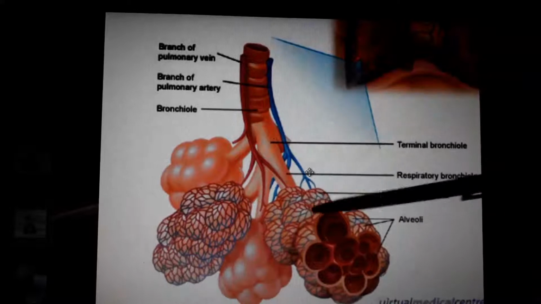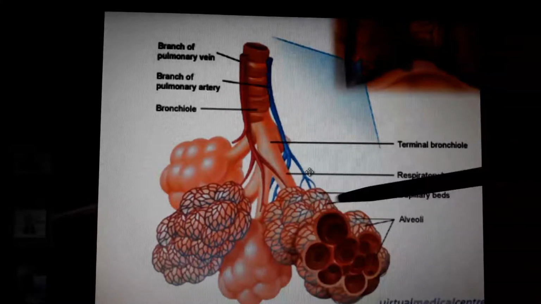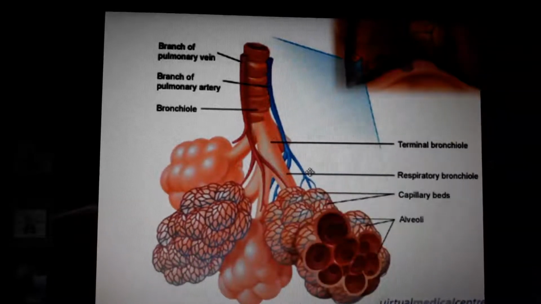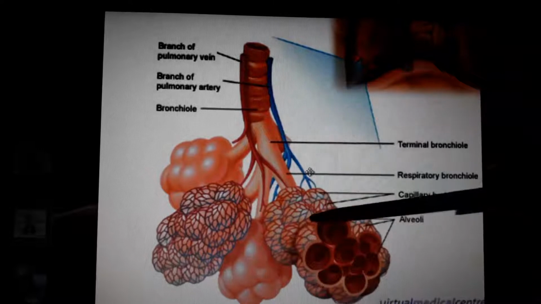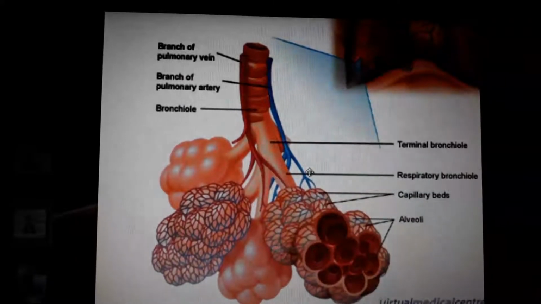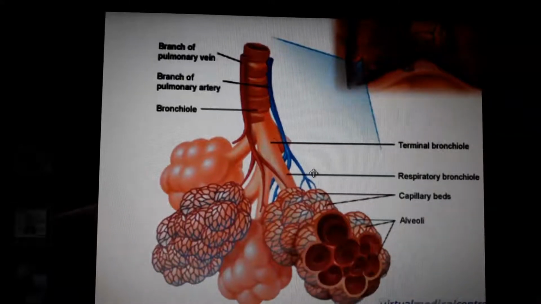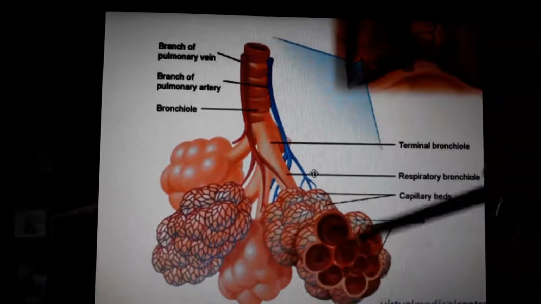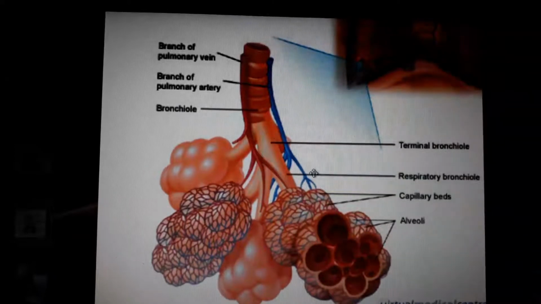Actually, the oxygen is absorbed. Oxygen is absorbed in the alveoli and it is sent to the cells. Understood? But after making energy, carbon dioxide is returned, and that carbon dioxide comes through this blue vein. Understand? And it reaches the alveoli. The alveoli again absorb it and give it back to the lungs in the form of carbon dioxide, and we exhale that carbon dioxide outside. Okay, that is the process of respiration.